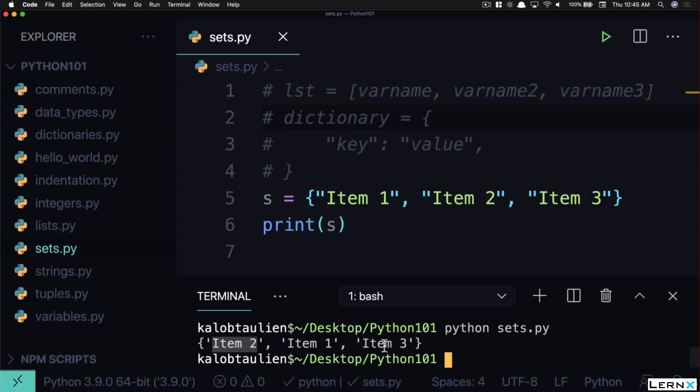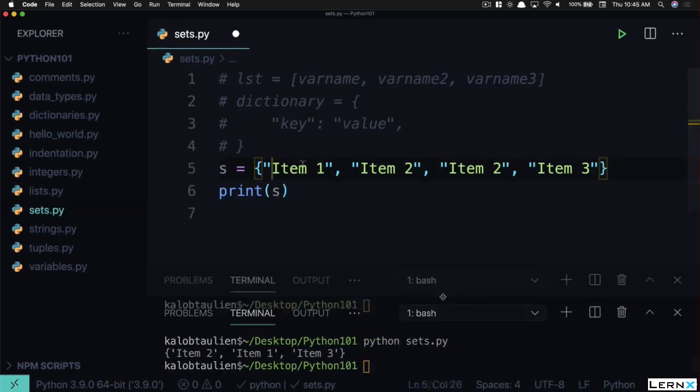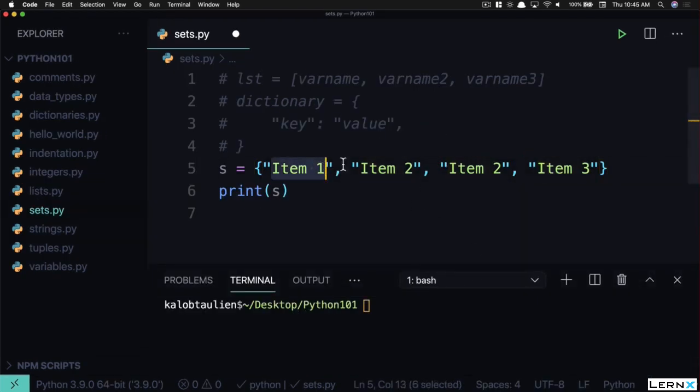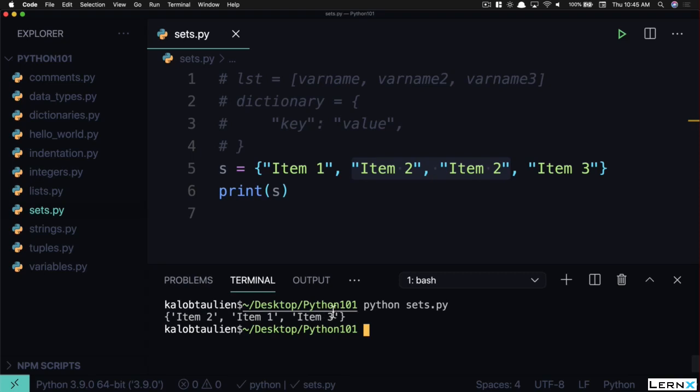Unique attribute number 2 about a set is, well, items are unique. So if we type item 2 twice, let's make this a touch smaller. In a list, we can have multiple items. So in a list, this would say item 1, item 2, item 2, item 3. A tuple will say item 1, item 2, item 2, item 3. A set is going to say item 1, item 2, item 3 in any order, and is going to say, oh, these are the exact same, so just merge them together. And so if we run this code once more, we're going to see item 2, item 1, item 3. Again, it does not maintain its ordering, and item 2 only shows up once. Even though we wrote it twice, it only shows up once, so it keeps it completely unique.